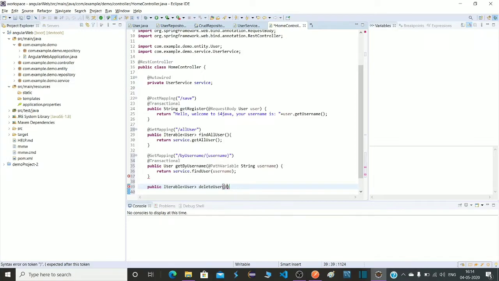For that I am using @PathVariable, because we have to take a username from the URL, so it will fetch here.